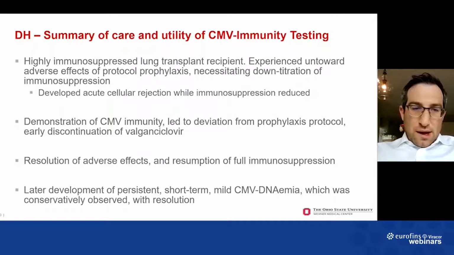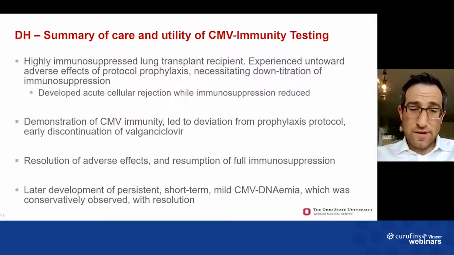The summary of DH's care is that this was a highly immunosuppressed lung transplant recipient. He experienced untoward effects of our protocol antimicrobial and immunosuppression prophylaxis, necessitating down titration of his immunosuppression. He developed acute cellular rejection during a period that his immunosuppression was reduced. We performed CMV immunity testing, demonstrated CMV immunity, and this led us to deviate from our standard protocol, allowing us